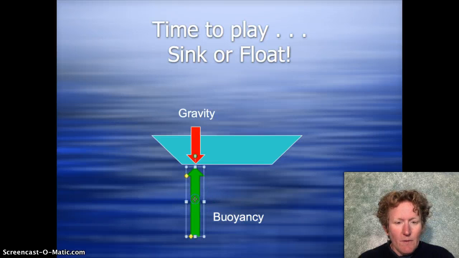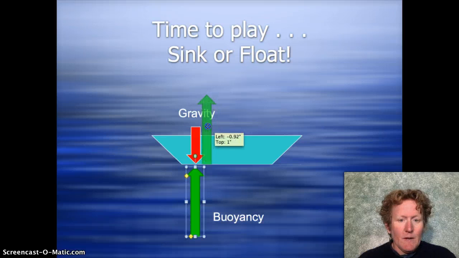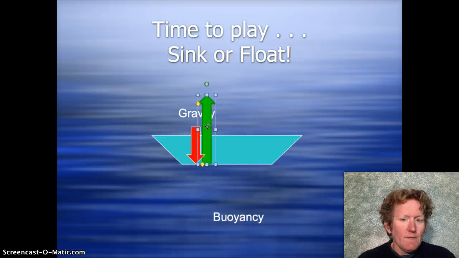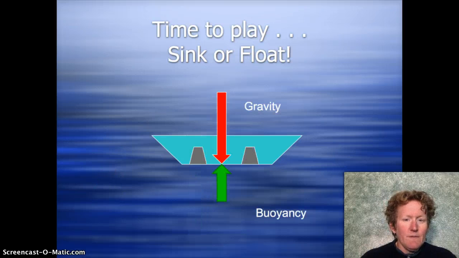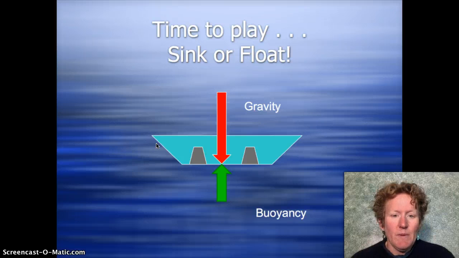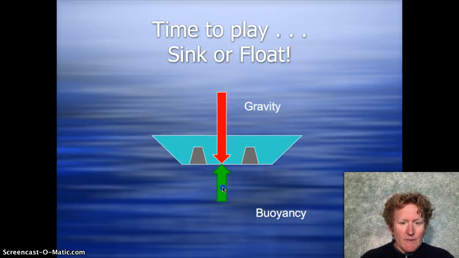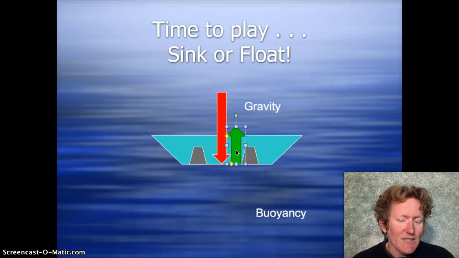If the buoyancy vector is bigger here, we can move it up here and compare. Buoyancy is definitely bigger, so this boat is going to float. If your friend convinces you to take on a couple of big rocks or a couple of big anchors, that buoyancy vector isn't going to be quite as big because your density has changed, and you can see that the graph